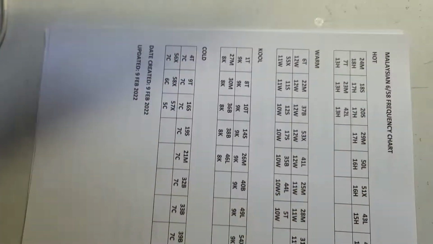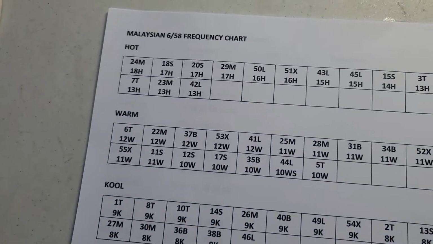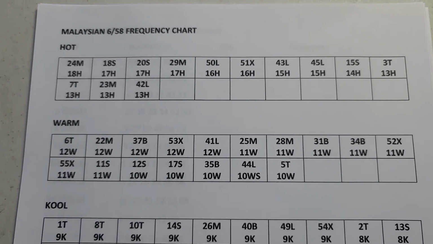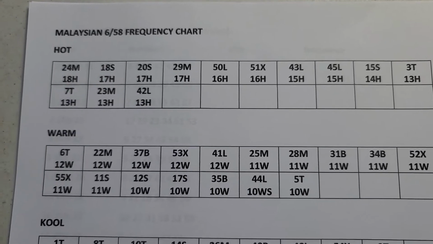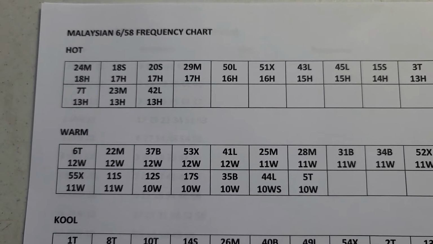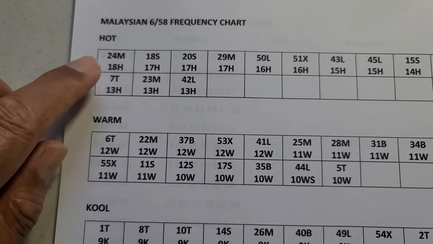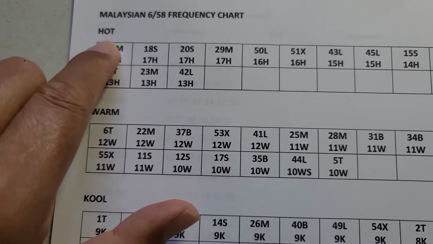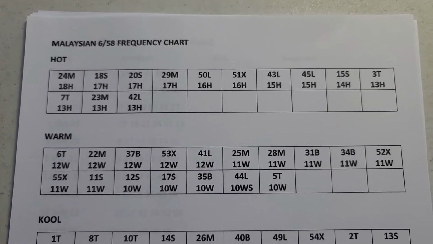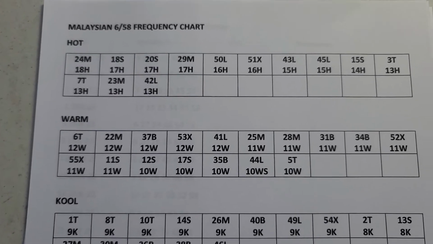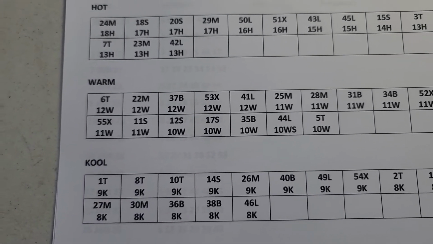Okay, and then another thing that I do to help me once I begin working the numbers is this really important sheet. I call this the frequency chart, and all of the hot numbers, starting off with the hottest number, which was 24, and I keep on going until all of the hot numbers are shown. So as of today, there are 13 hot numbers, and then when we move down to the warm numbers, we have